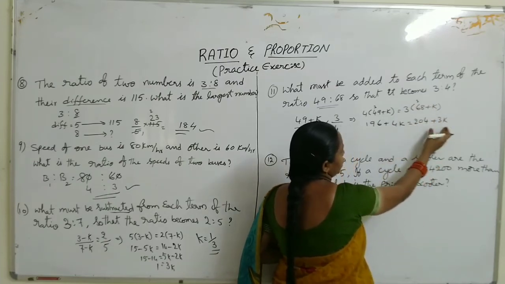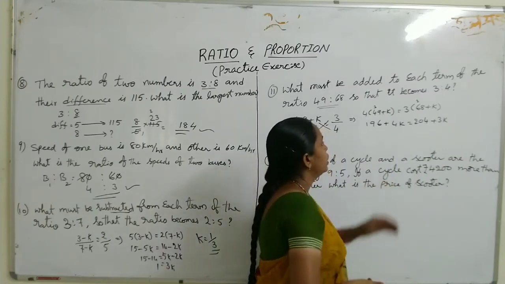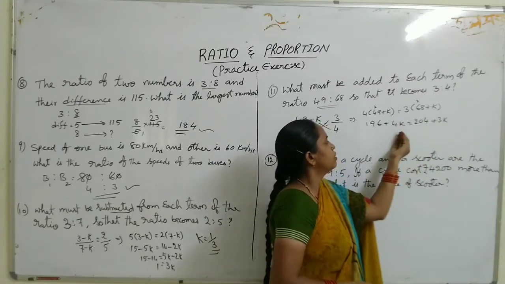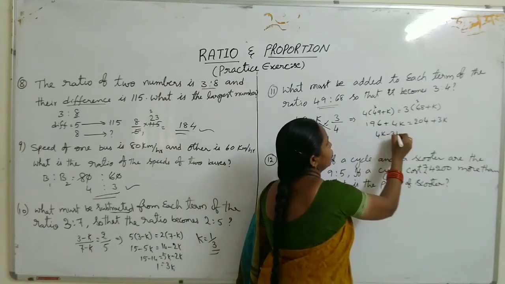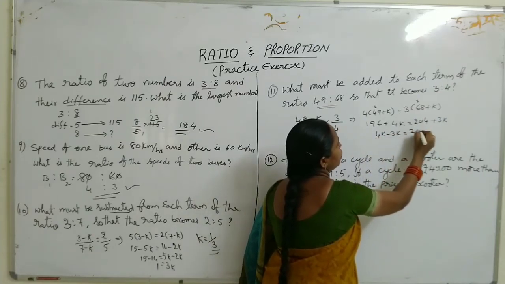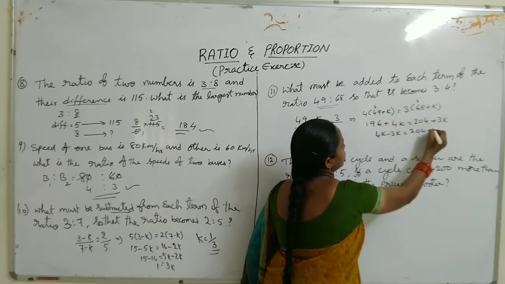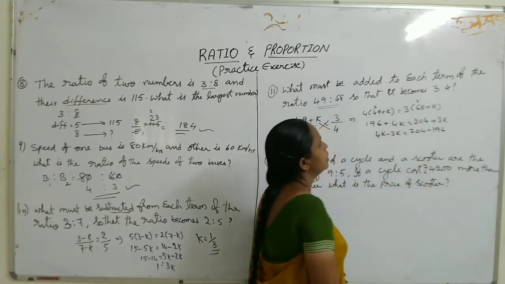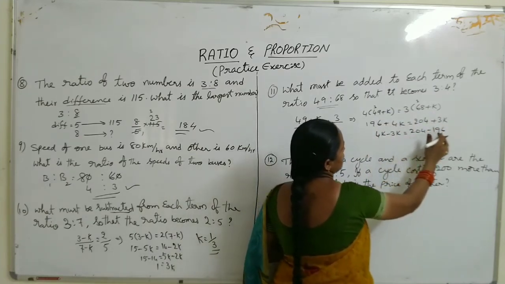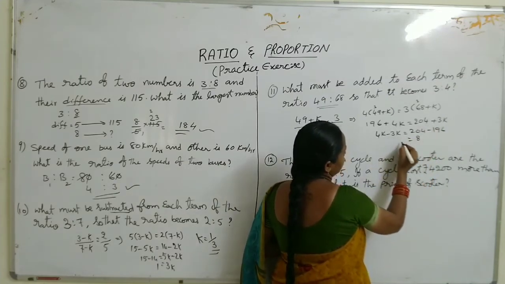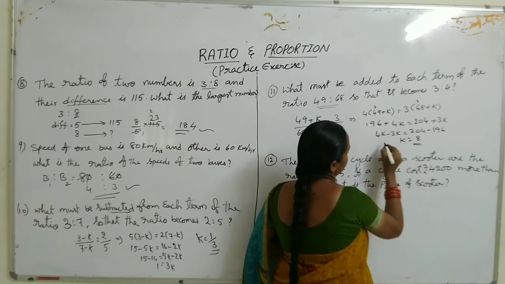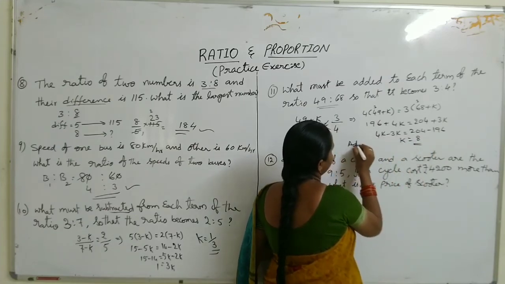So we have to find the value of k. 4k, bring this 3k to this side, that is 4k minus 3k equals 204 minus 196, which is 8. 4k minus 3k equals k. So the adding number equals